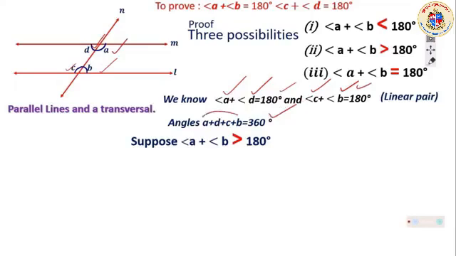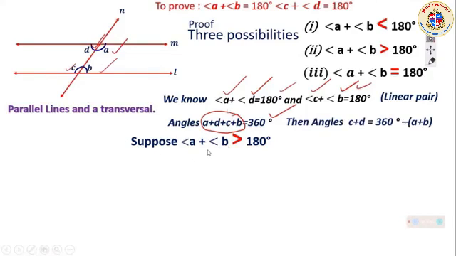Total of A plus B plus C plus D. A plus D plus C plus B means A plus B plus C plus D. Four angles together make 360 degrees. There is no doubt about it because a linear pair is an open statement. Now,